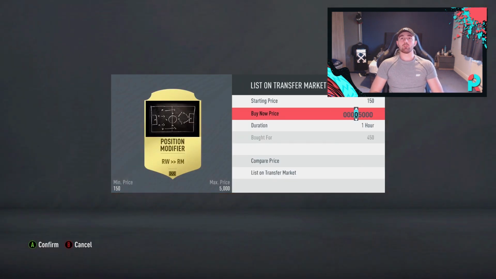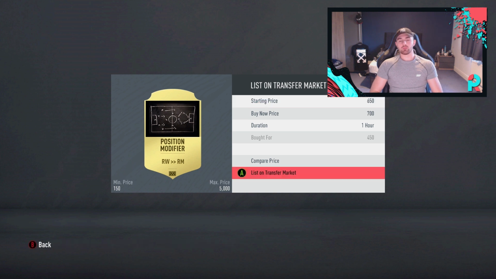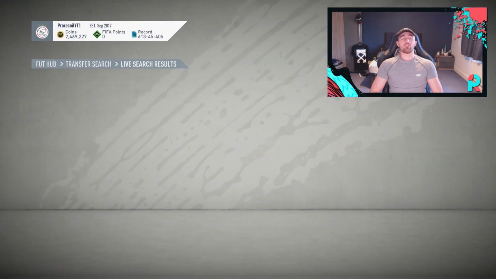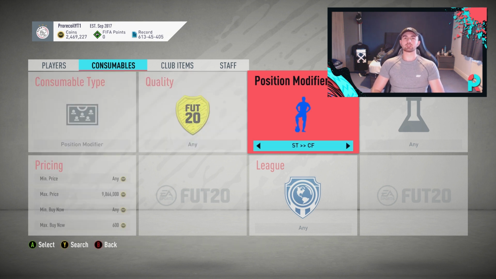So that one there, 450, that's our second one. We'll whack that one up as well, and we'll put them up for 700. So that's not bad. Profit wise, that's a fairly good profit from those two cards. And obviously when I was picking up sort of 10 in the space of sort of 5 minutes, it was a lot easier to make a big profit. Now the next card we're going for, a little bit more expensive